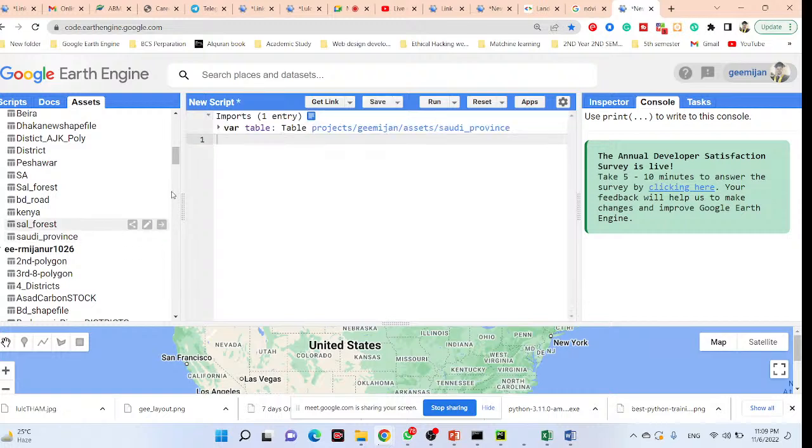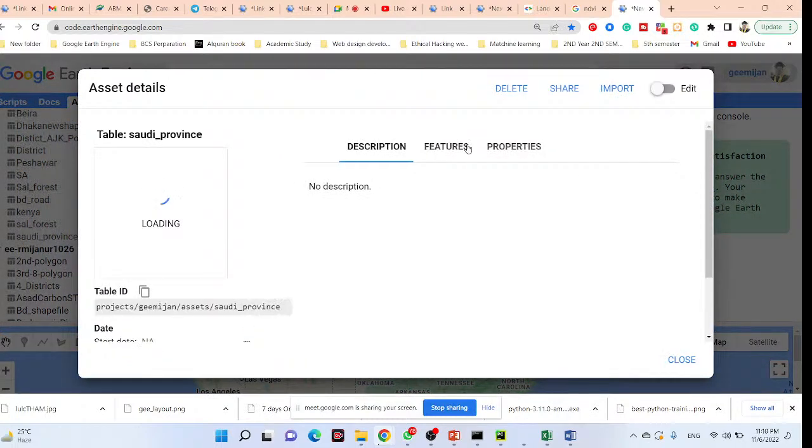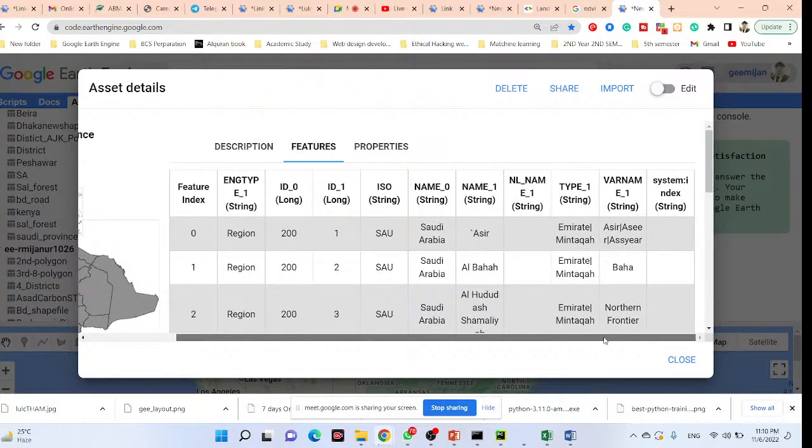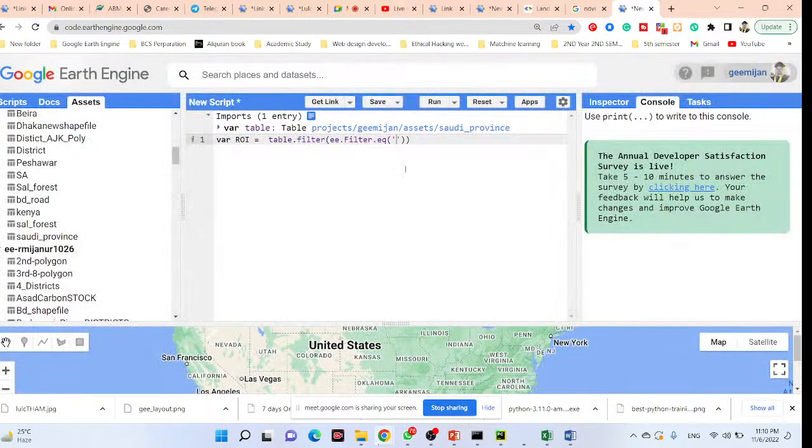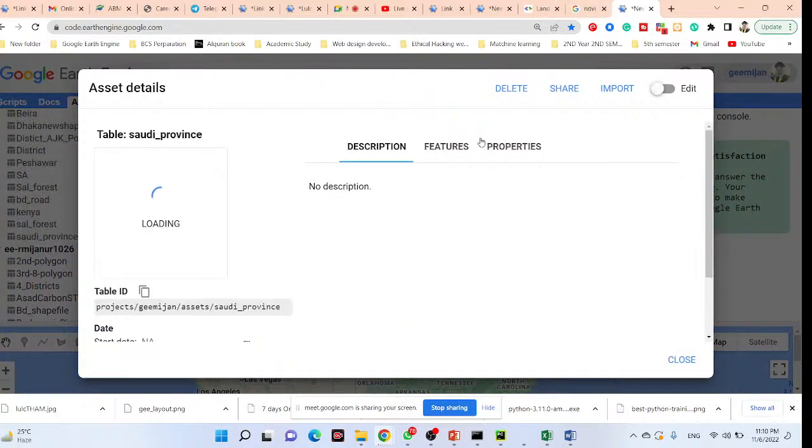I sent you the code that I worked on yesterday. I simply imported all of the Saudi Arabia provinces, and I want to select the state of Al Madina. So I use the ROI, call the table, and filter it with ee.Filter.eq. I call the column name, so I copy it from the feature. I click on the feature and use the name. Yeah, please, I have another question. On features,